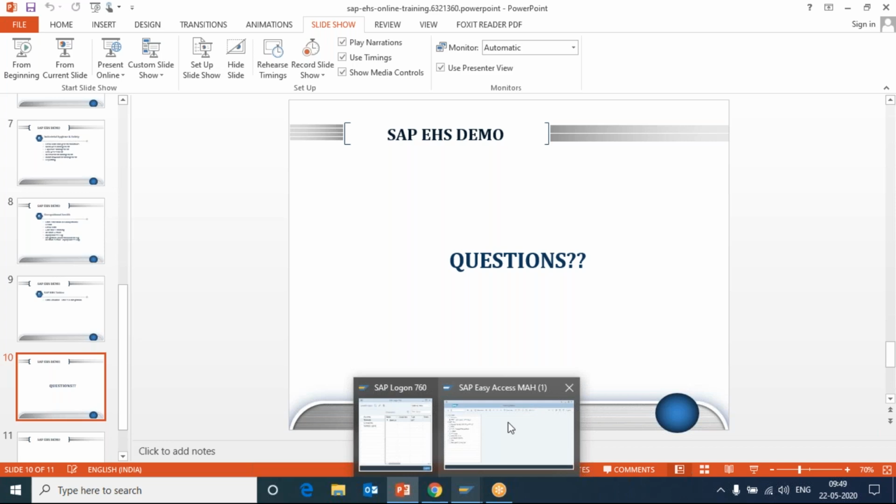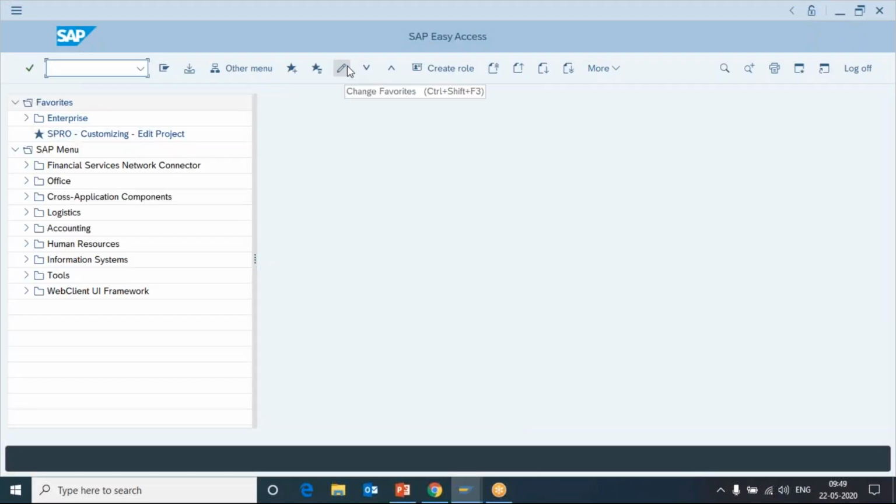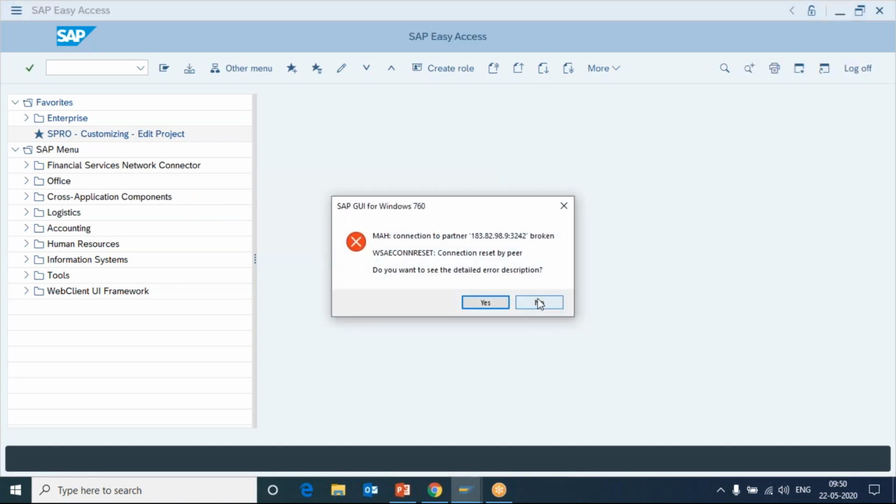I will take you on a small tour of our training system so that you can have a look how we are going to work. See, this is the educational portal, SAP portal IDS system, where we'll be working out our practical sessions. Okay, this is how the screen looks, and this is where you will be.